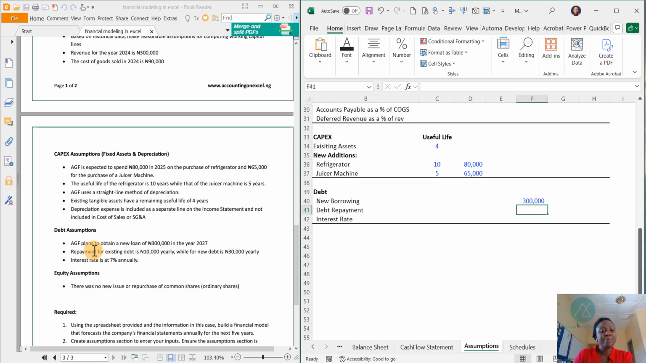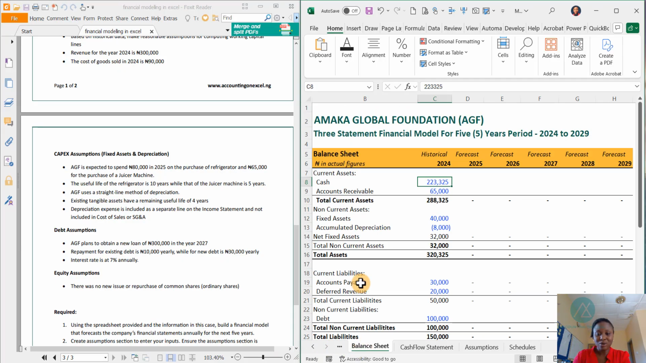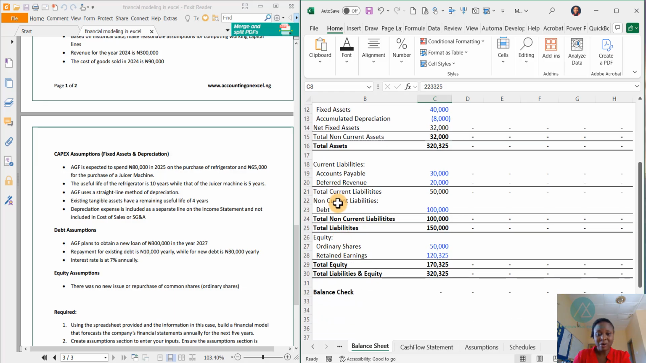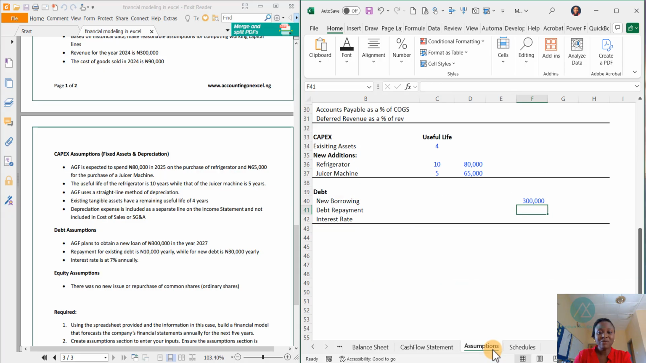So it says repayment for existing debt is 10,000. So we have already an existing debt. If you go to your balance sheet, go to non-current liability, you will notice we have an existing debt. And it says repayment for that existing debt is worth 10,000 yearly, while for new debt is 30,000 yearly. So repayment means that from this year we're going to be repaying 10,000. Then the next year too, I think is the same,